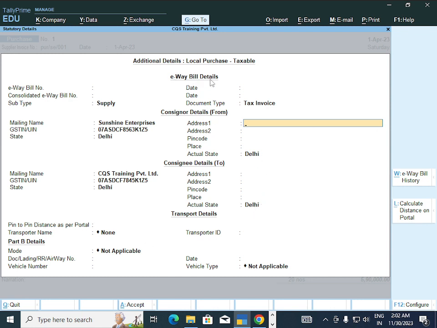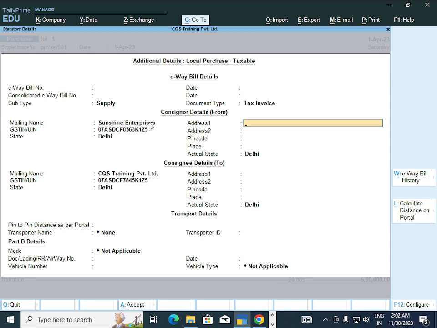First of all, e-way bill detail. When we create an e-way bill from the GST portal, then the e-way bill will automatically be reflected here. Subtype is supply. We are supplying goods. Basically we are receiving goods from Sunshine company.